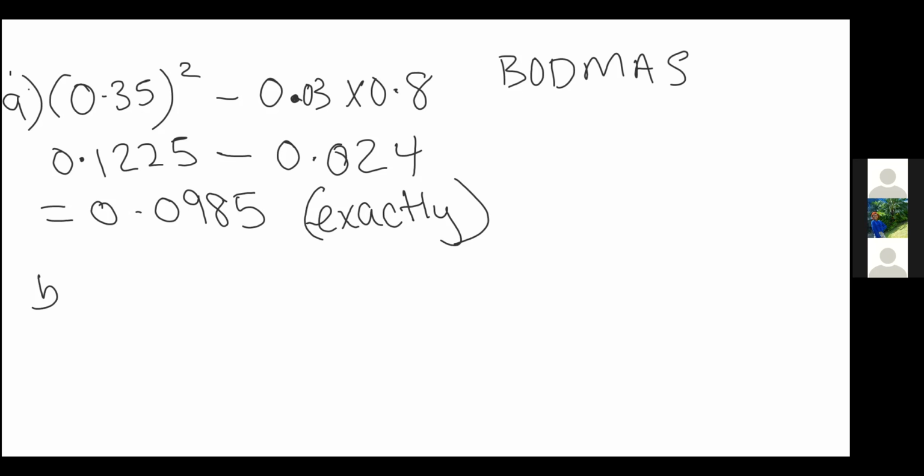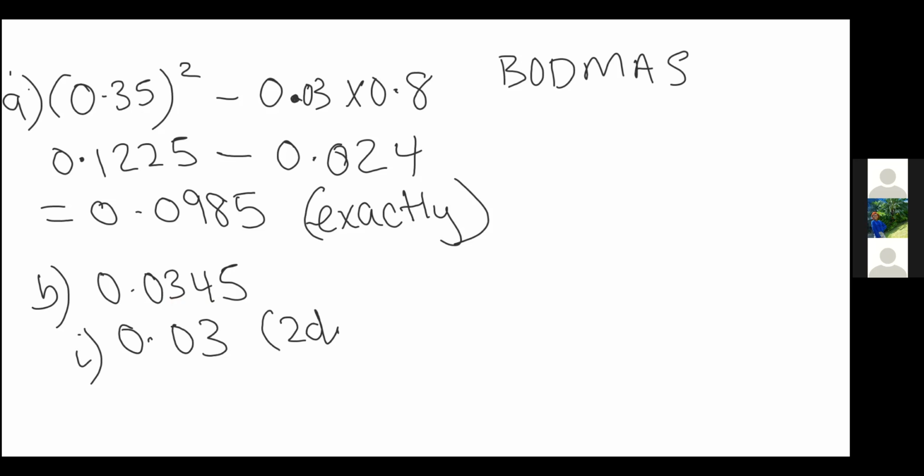Now we're going to do B. That says express 0.0345 correct to 2 decimal places. So again, we have a decimal point here. So it's going to be 1, 2. There's a 4 after it. So that means it remains as 3, we round down. So that's going to be 0.03. Again, 2 decimal places. We always like to highlight our stuff, right? Part 2,